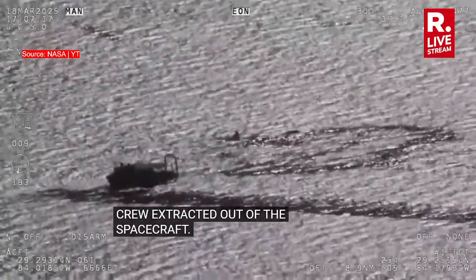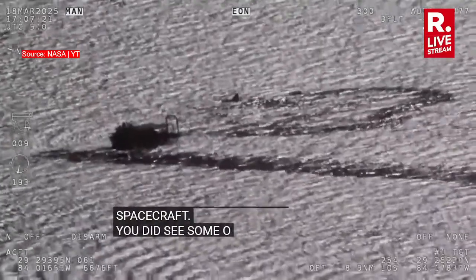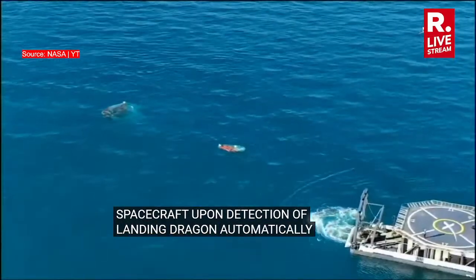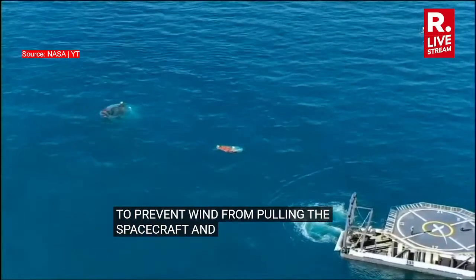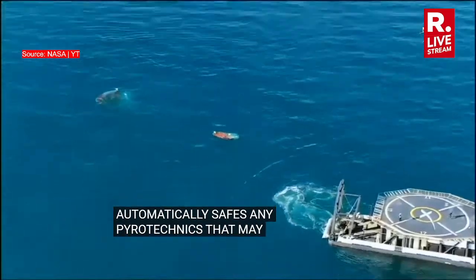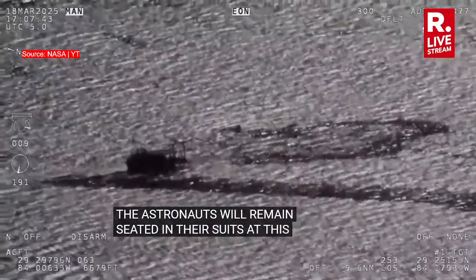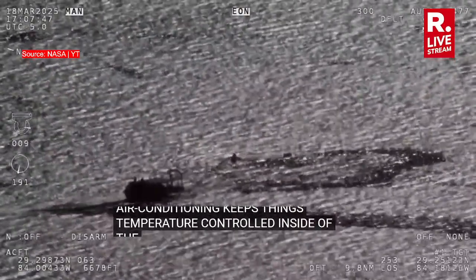And you did see some of the parachutes that were near the spacecraft. Upon detection of landing, Dragon automatically releases those main parachutes to prevent wind from pulling the spacecraft. Dragon then automatically safes any pyrotechnics that may still be present on the vehicle and may automatically perform additional minor system reconfigurations. The astronauts will remain seated and in their suits at this point, but the onboard air conditioning keeps things temperature controlled inside the spacecraft so the crew remains comfortable, and the communication systems...